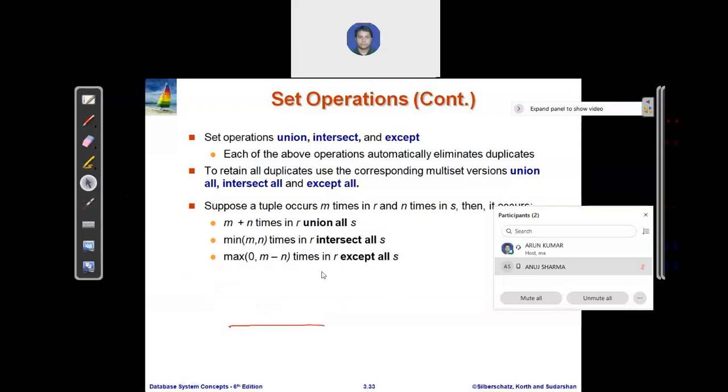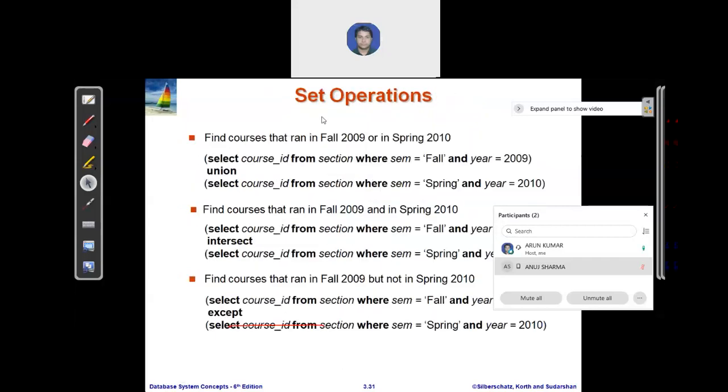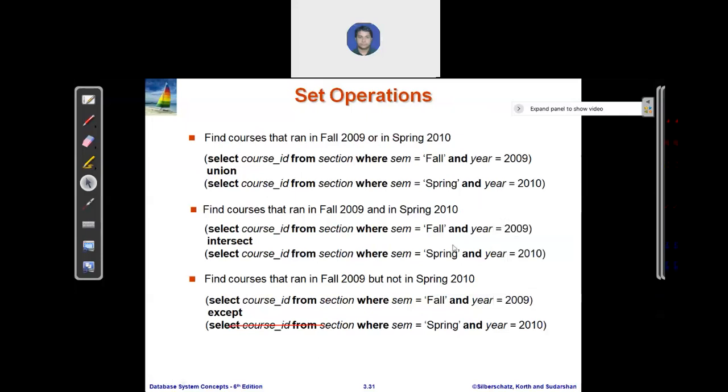If you combine these two SQL queries in a single SQL, now use the keyword all with the union operation. One more thing I want to clarify: if you apply a set operation on your SQL, it will remove duplication, because by the definition of a set operation, it does not allow duplication. So whenever you write union, intersection, except in your SQL, it automatically deletes duplicates.